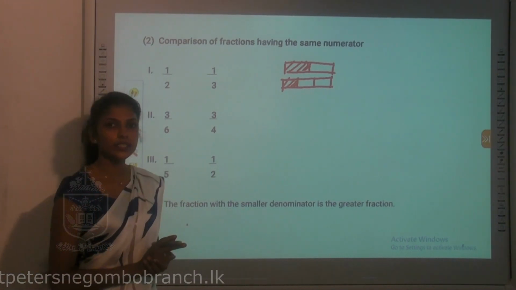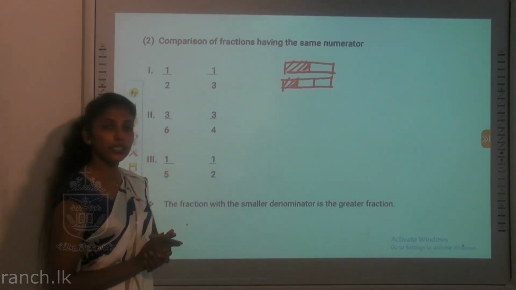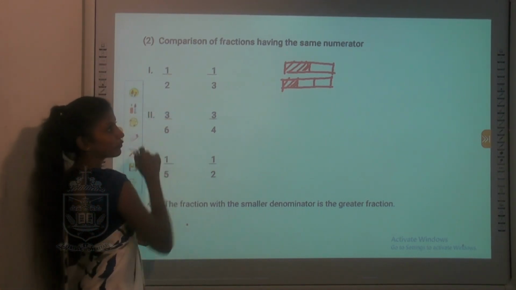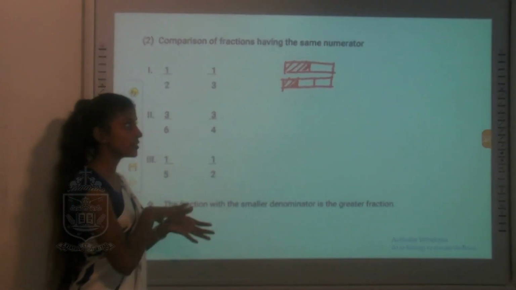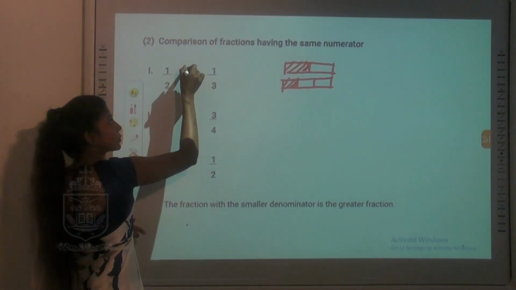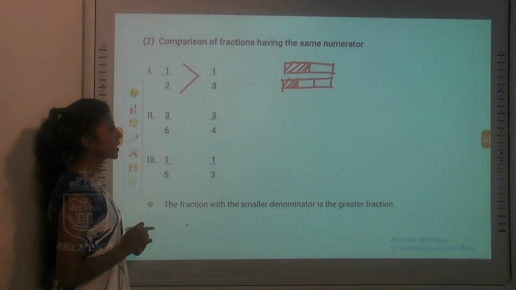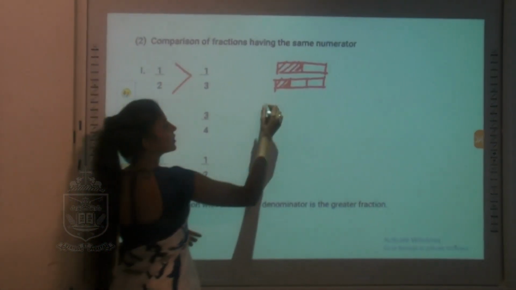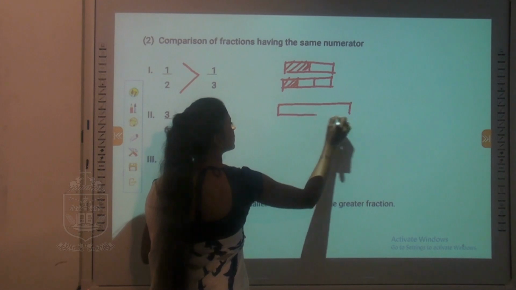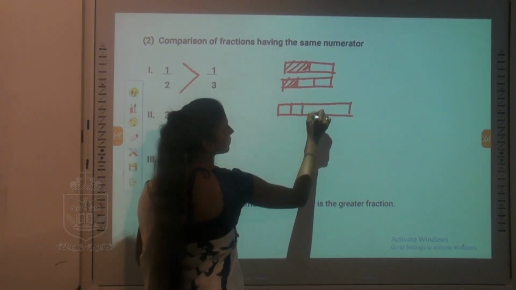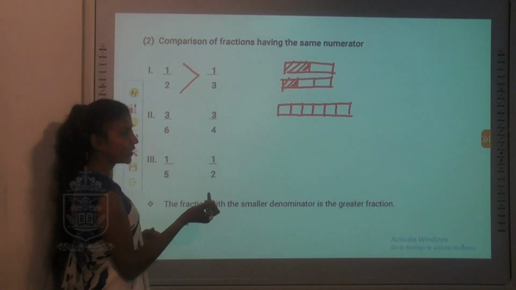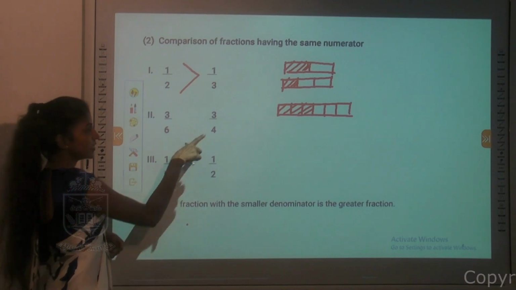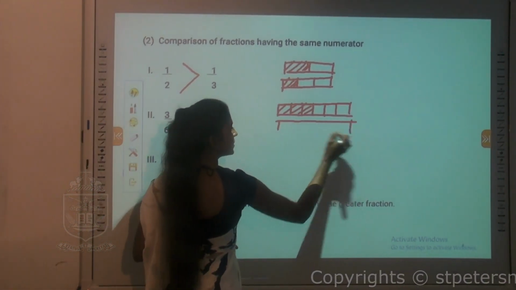Now you all can see by looking at the diagram what figure is having a larger shaded portion. The first figure, that is half. When it is divided into 2 parts and you are going to take one, you have a larger portion, right? So this fraction is large. Second example, 3 over 6 and 3 over 4. If I am to express it in a diagram, I am going to divide this into 6 equal parts, assume that all 6 are equal, and then I'm going to shade 3 regions, 3 over 6. Second fraction which we are going to compare, that is 3 over 4.